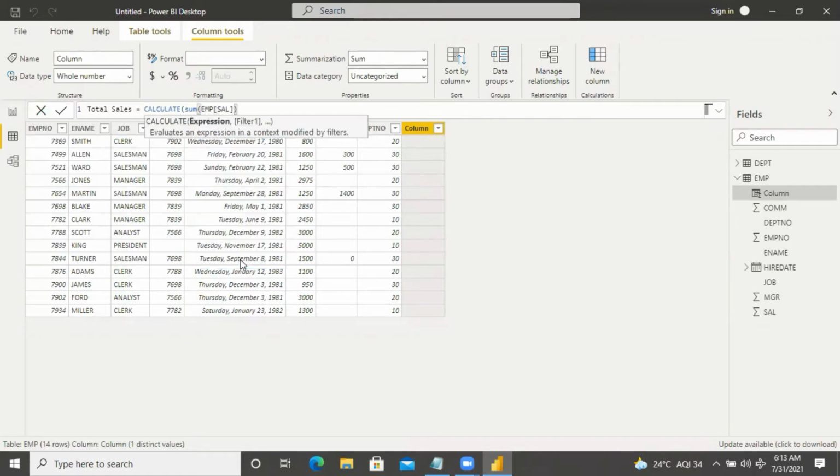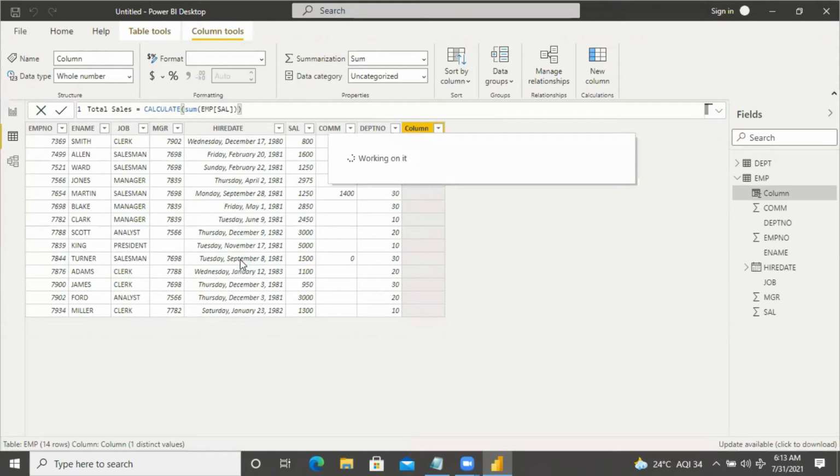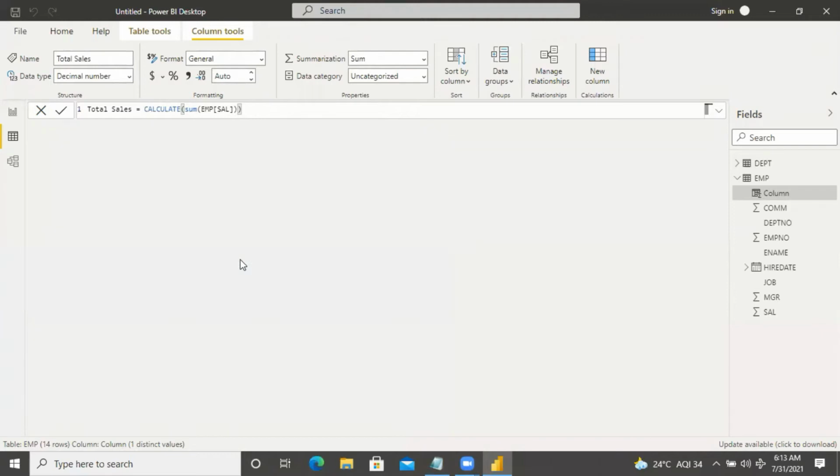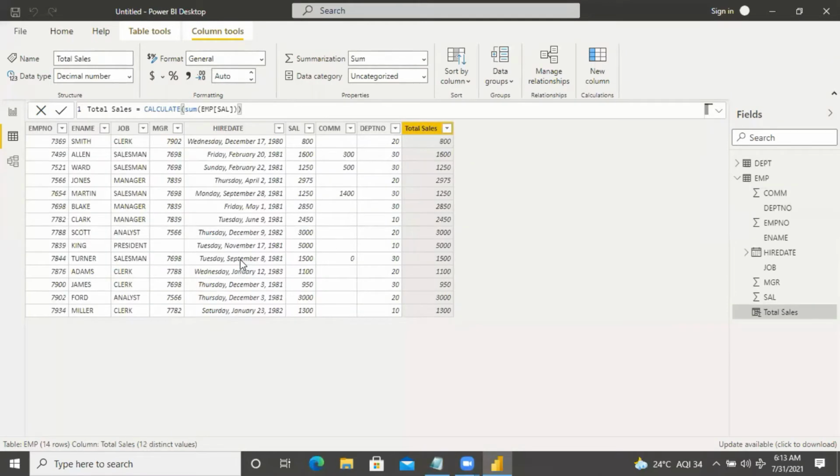Then close the SUM function and CALCULATE function. We are getting the sum of salary for each employee, row by row.